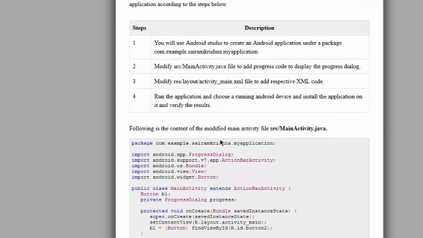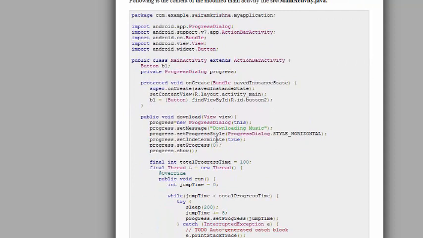Okay, and there is no XML for this progress dialog. It's like a pop-up on your screen. So there is no XML of this progress dialog. Just remember this: in XML, I only created this button. I'm getting this button one dot set on click listener, and what I'm doing is, when I click on this button,